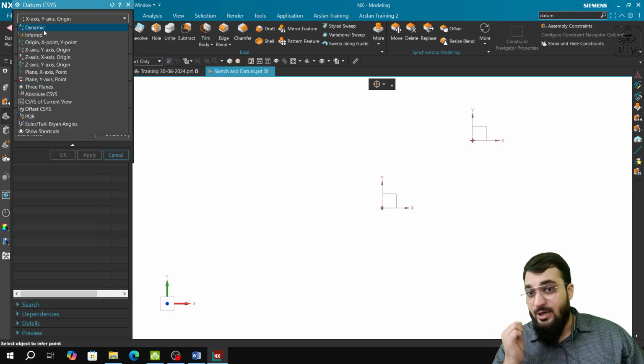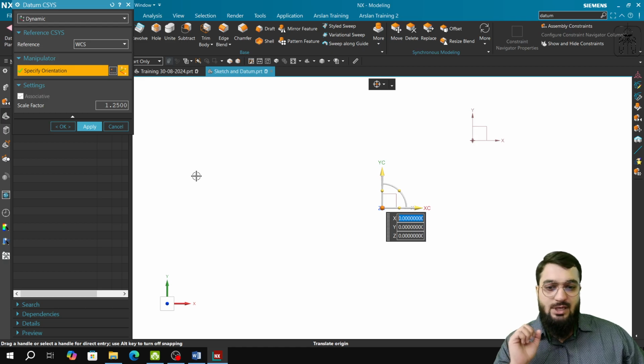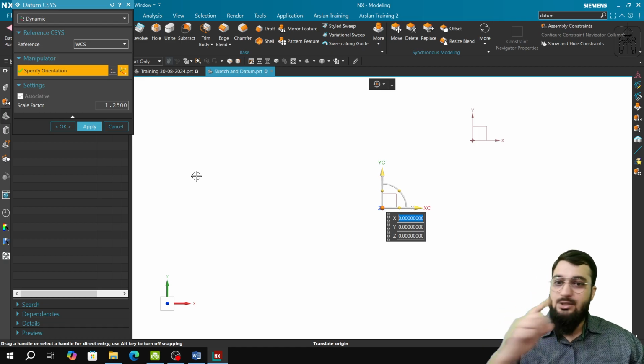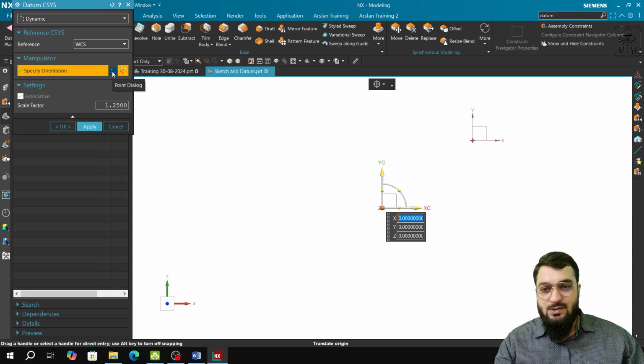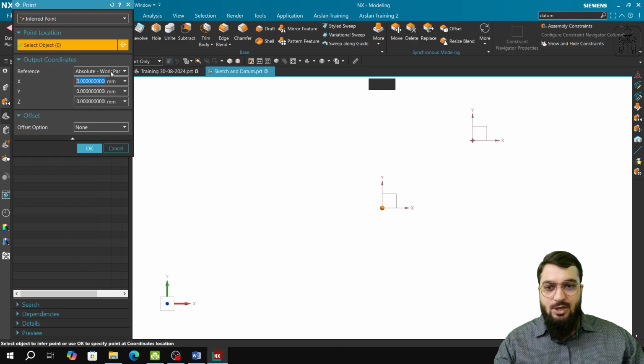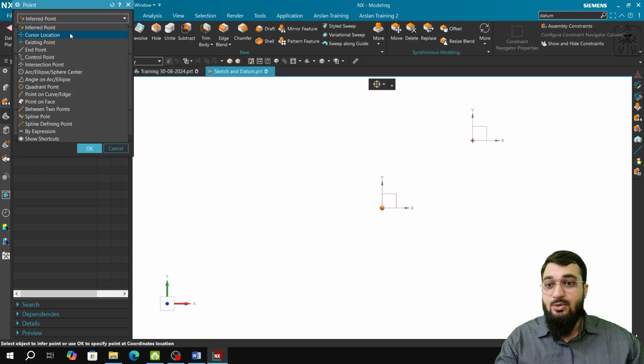Another method of creating a datum coordinate system, which is much preferred and much easier for people to do, is that you can use this option of point dialog in the dynamic section, and you can left click on that, and after that you can select